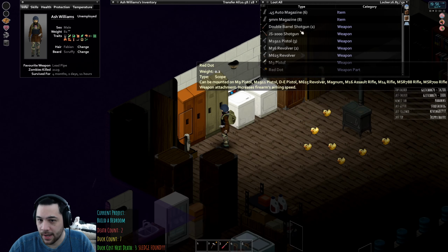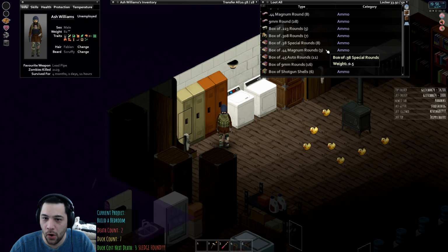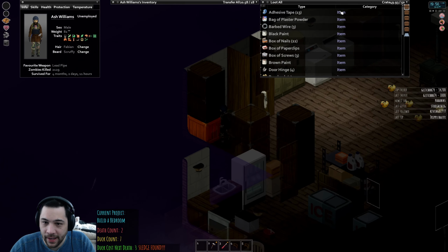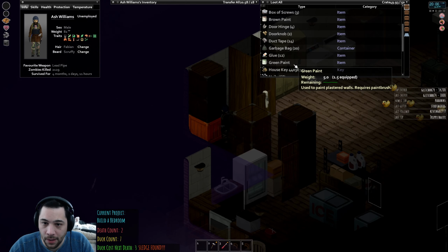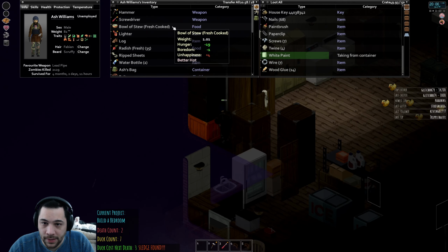Here, Ben, something you'd like. My gun collection with all my boxes of ammo. I have so many bullets here. I haven't been using my firearm basically at all, because in Zomboid it's a way to just attract a whole lot of unwanted attention to get yourself annihilated. So I've been keeping my head down,